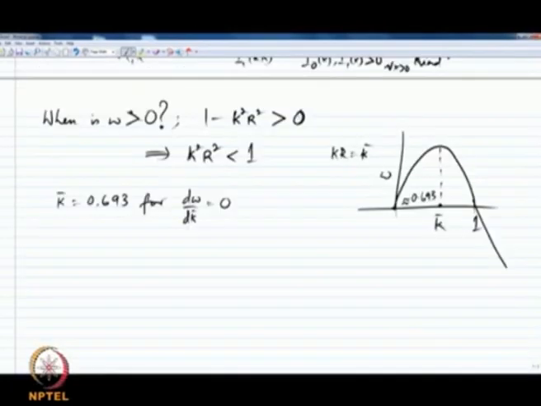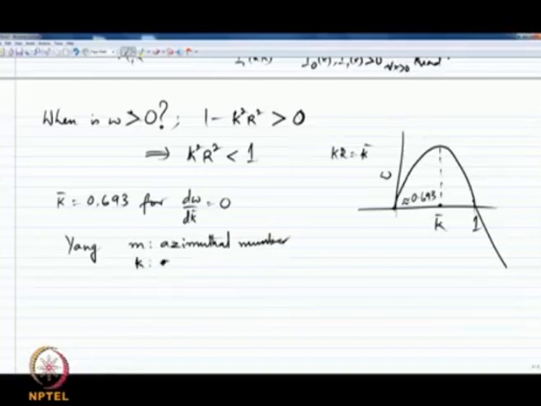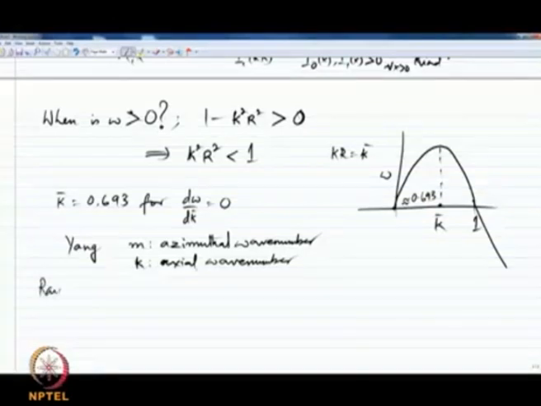So, if one were to take the full Yang analysis, where you have m, an azimuthal wave number, as well as k, which is our axial wave number, then is it possible I may find an m star, or a particular value of m, for which the disturbance would grow the fastest. And if I go back to the Rayleigh case for a moment,